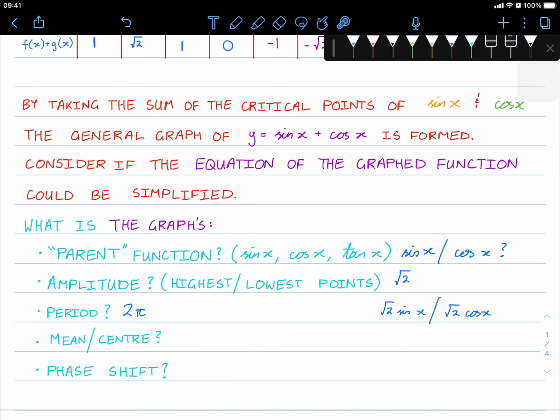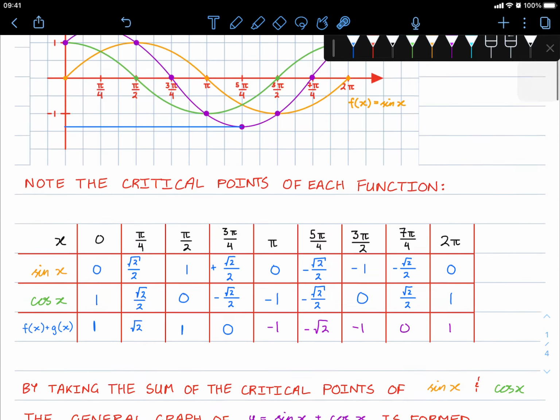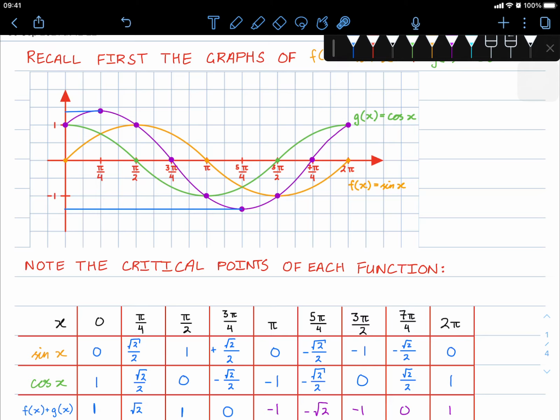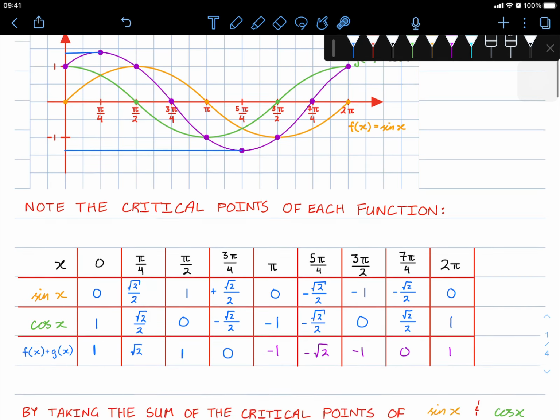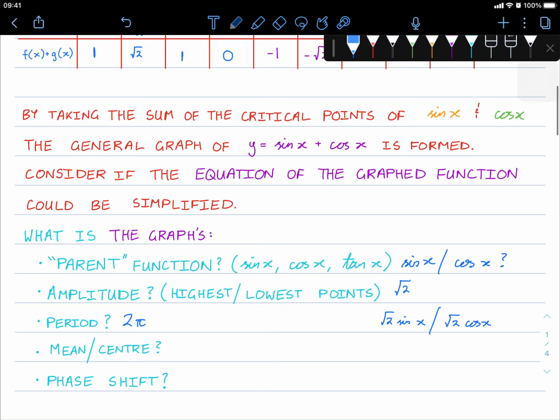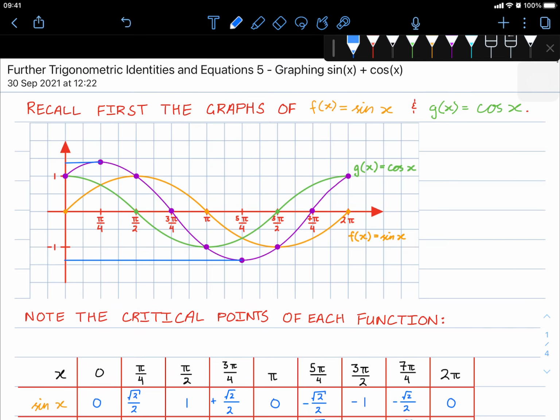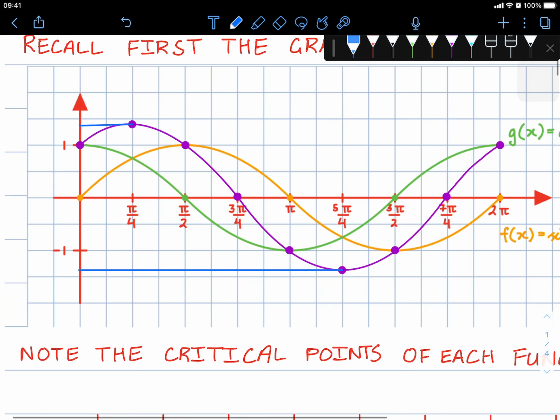The mean or the center, meaning where does the graph swing back and forth along? Well, right in the middle, it goes up along 0 and down along 0. So it's still at 0. As for its phase shift, what this means is if we were to compare it to, let's say,